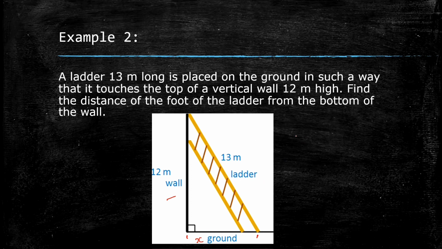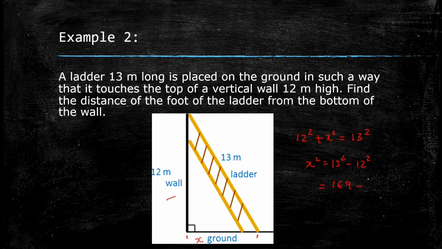So by Pythagoras theorem, we have 12 square plus x square is equal to 13 square. I have assumed x to be the distance between the bottom of the ladder and the bottom of the wall. So we have x square equal to 13 square minus 12 square, which is nothing but